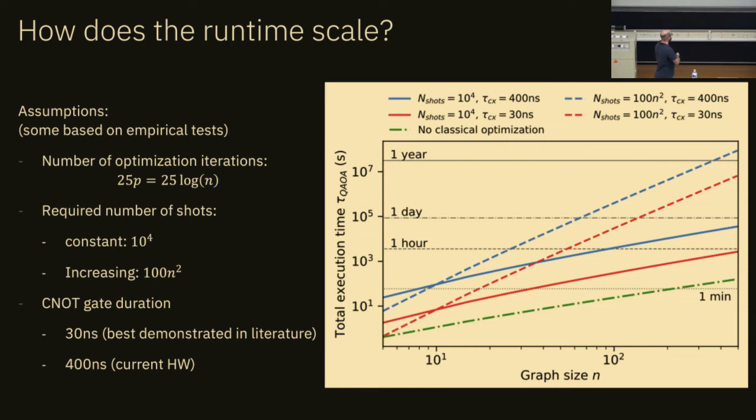We have one other line here, the green dash dotted line. This is if you just skip the optimization completely and you just assume QAOA is giving you good quality samples, many of them, and you want to use them in some local search and some other post-processing, then this is more in the minutes. But this gives you already an idea about what to expect from these algorithms and what not. And the runtimes can become substantial even if we assume very, very fast gates.